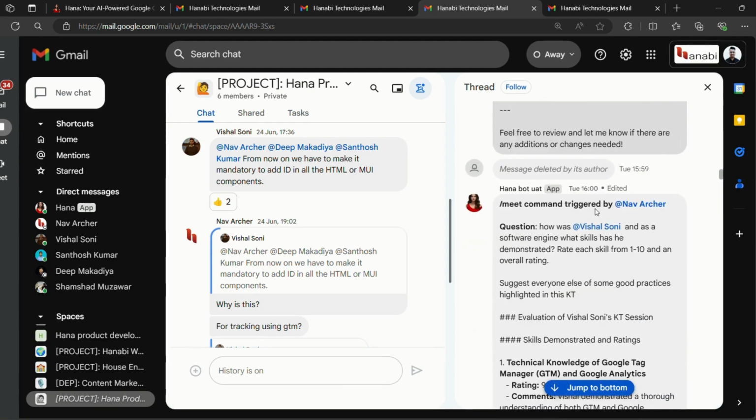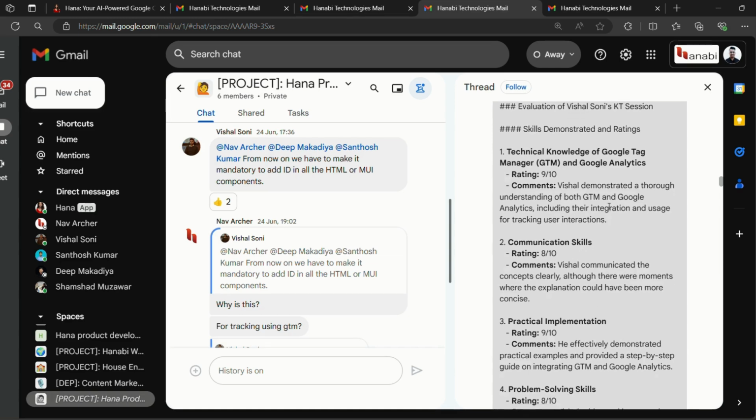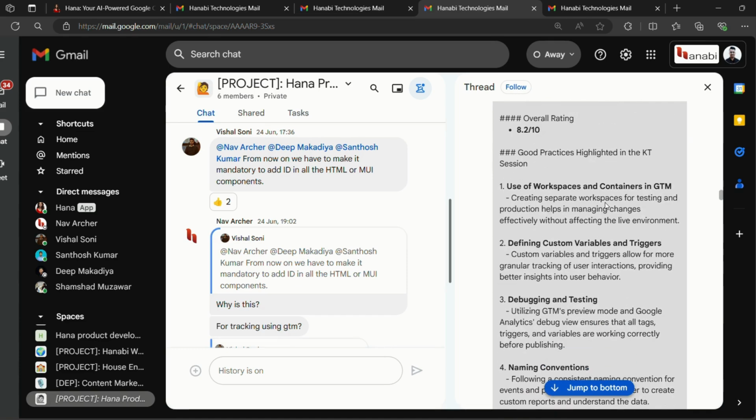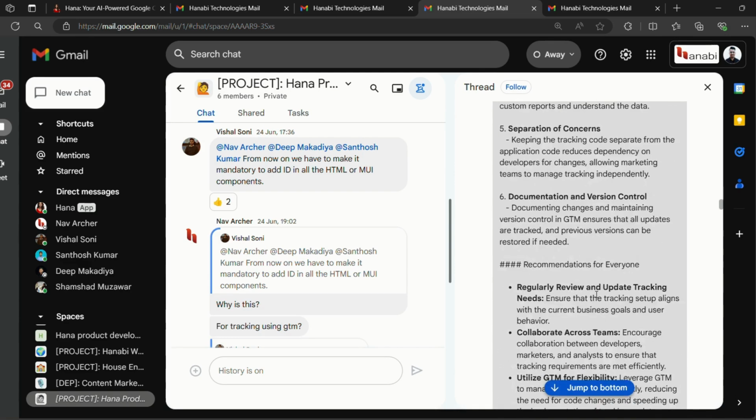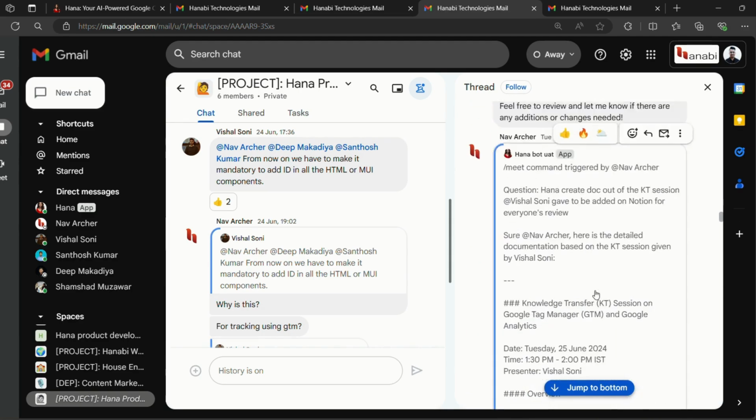And then further, Archer has again triggered the /meet command and asked Hannah to rate Vishal Soni as a software engineer. So here Hannah very well rated Vishal Soni in every category, like how was his communication skill, how was his practical implementation, how was his technical knowledge. So this way you can get the complete information about the person whom you just interviewed, and this will very well help you to select the right candidate for your work. So this was the third example,